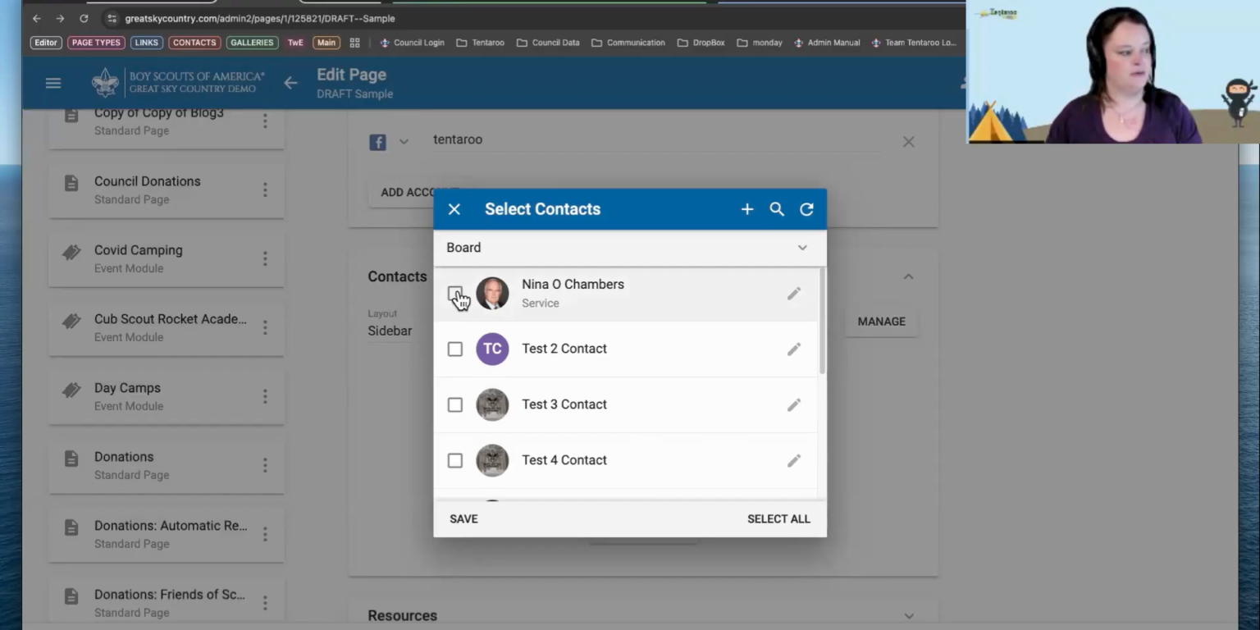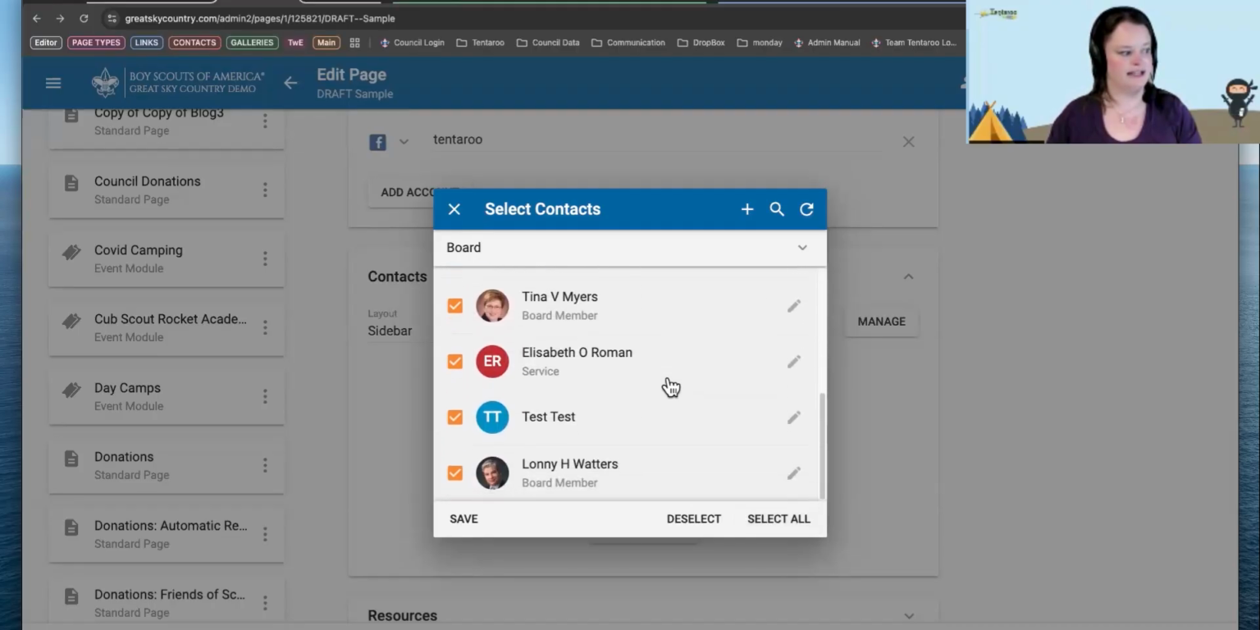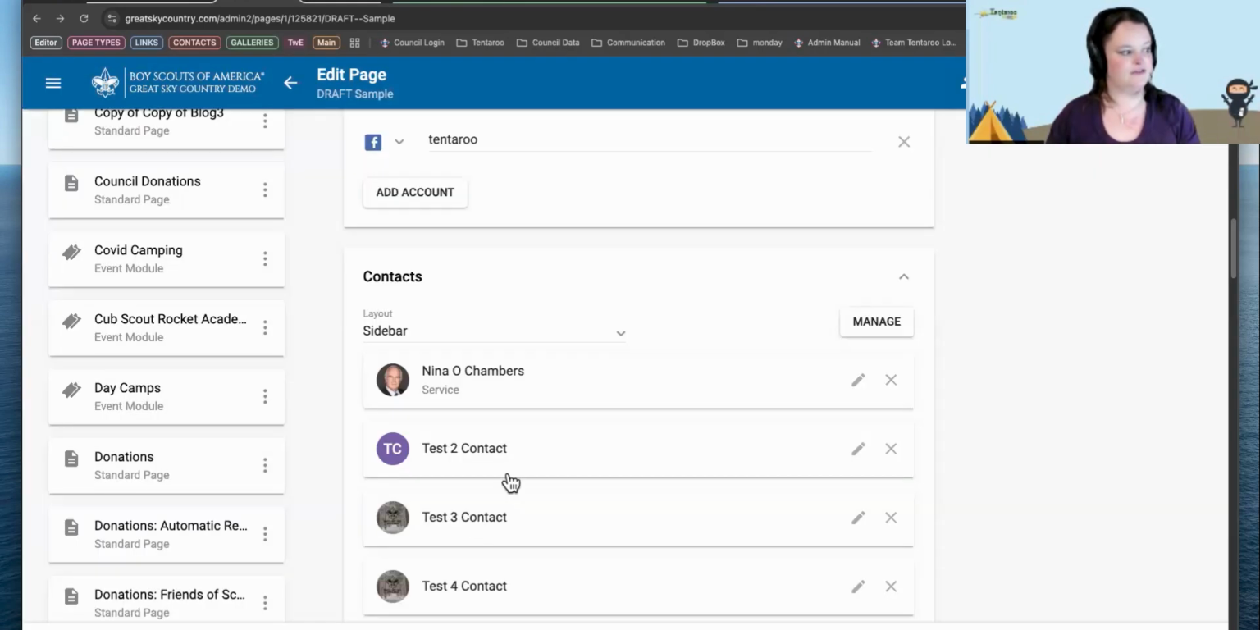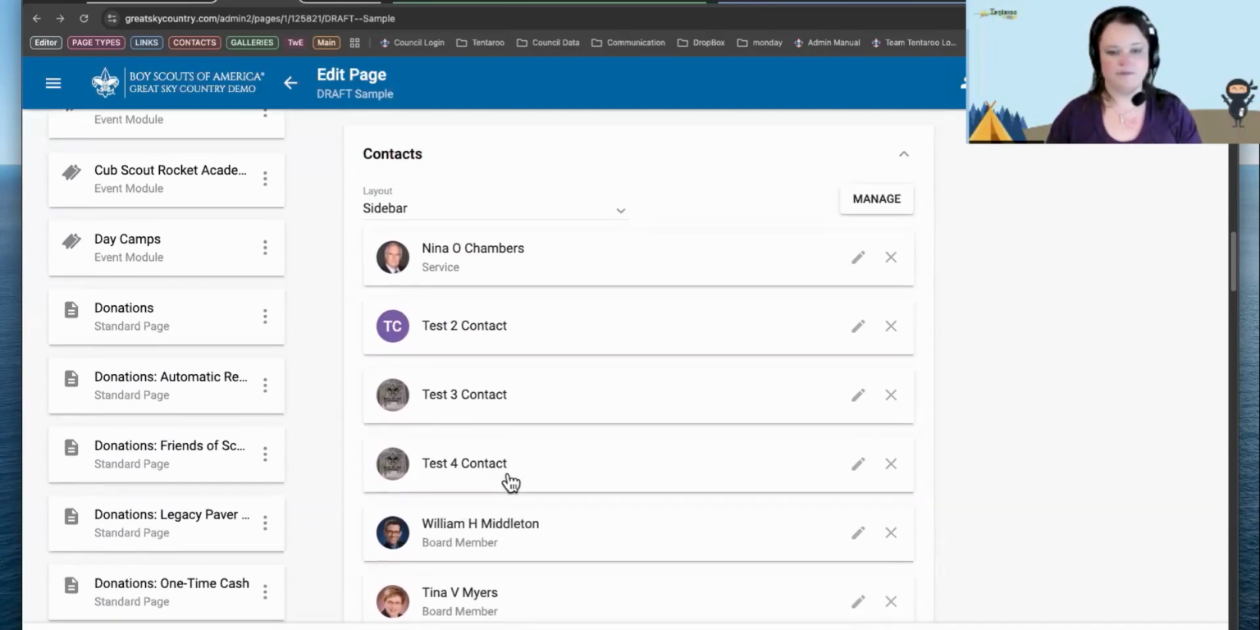All right, and then you can check the boxes next to the people you want to include, or use the Select All button to choose everyone in that section. That'll be everyone who is currently listed in this box based on your filters. And then when you save, all of those individuals will be added to your contacts section to show on your